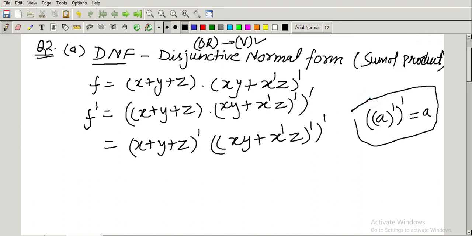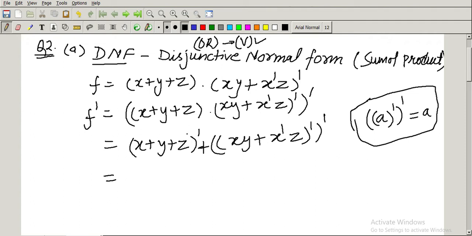This is the rule, right? So that's why this term will be like this. अब यहाँ क्या होगा, जब ये कॉम्प्लीमेंट है तो ये सारे इंडिविजुअल वेरिएबल्स पर एक कॉम्प्लीमेंट आ जाएगा, तो यहाँ पर ये जो टर्म था, यहाँ पे जो डॉट था, ये प्लस में चेंज हो जाएगा, राइट, है ना। क्योंकि जब आप ऐसा करेंगे तो क्या होगा, ये जो कॉम्प्लीमेंट है ये